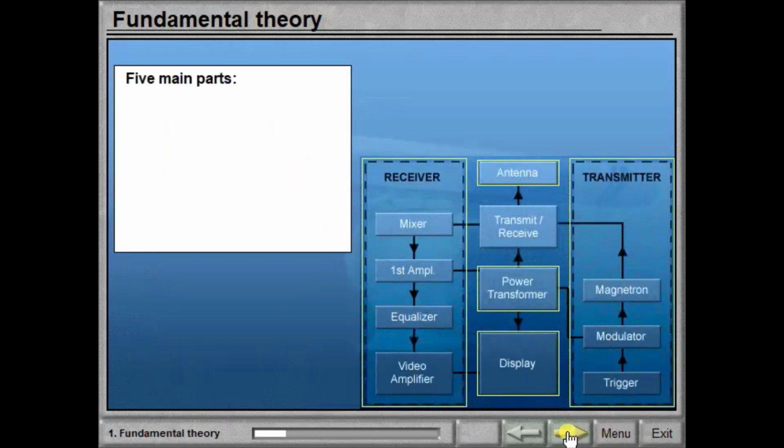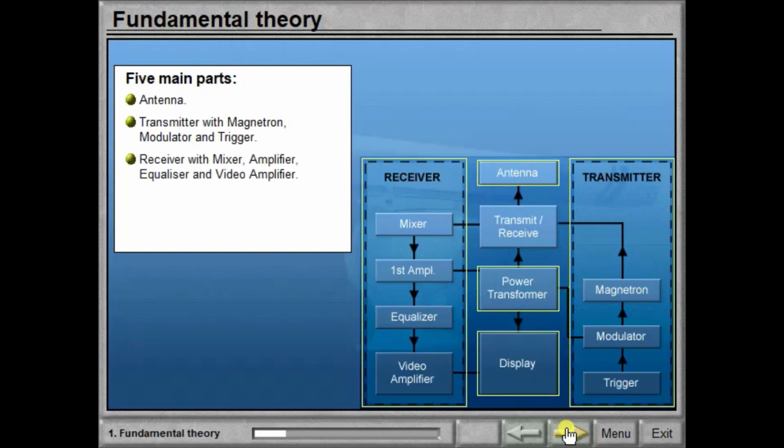This radar block diagram can be divided into 5 main parts: antenna, with motor, gear, etc., which directs and transmits radio waves. Transmitter with magnetron, modulator and trigger, which generate radar waves.